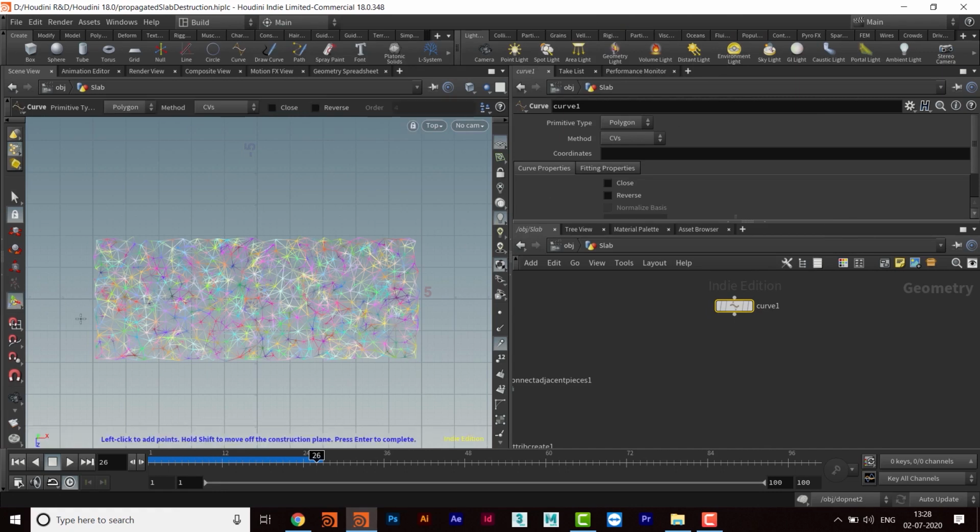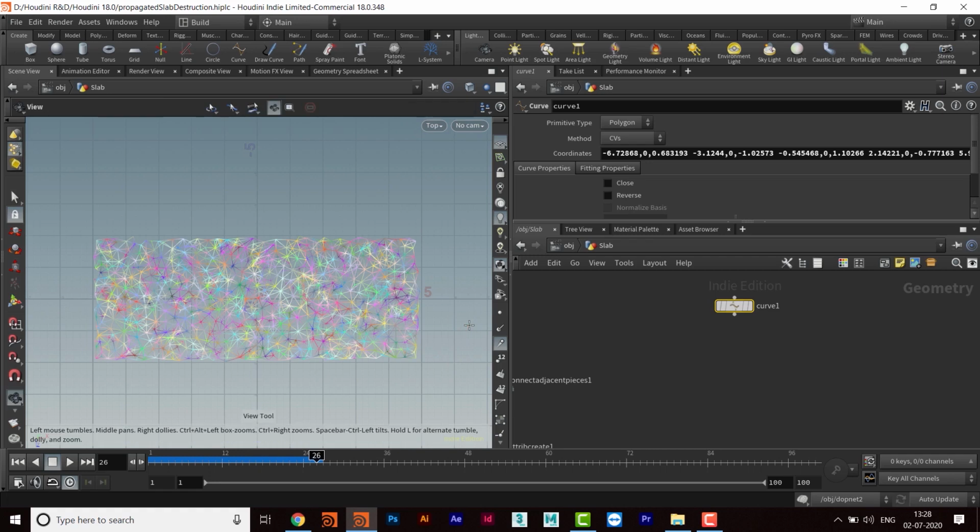So click here, okay, so that this cursor will be changed to this crisscross, and then you can create that part. Okay, like that, and escape.